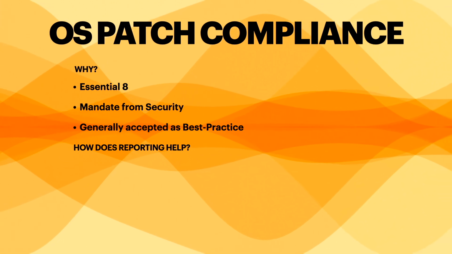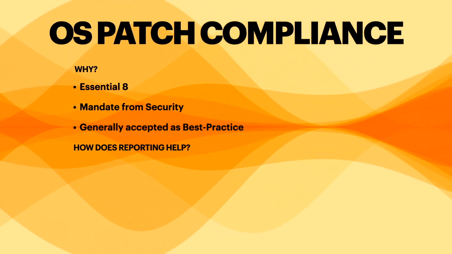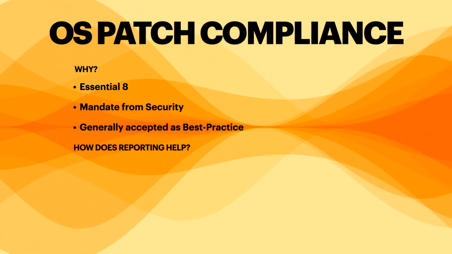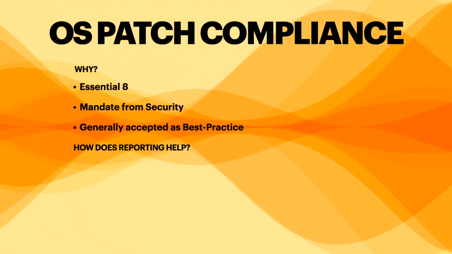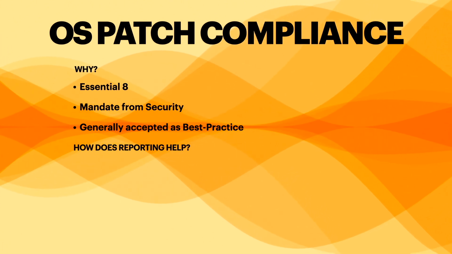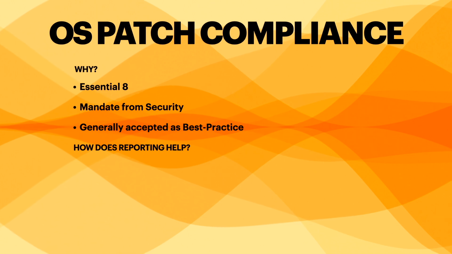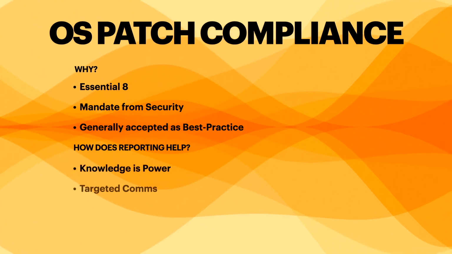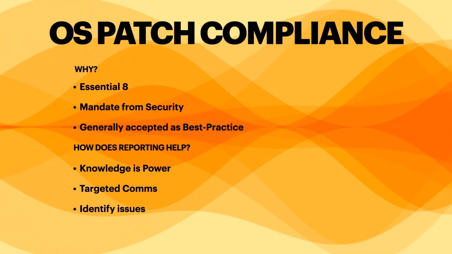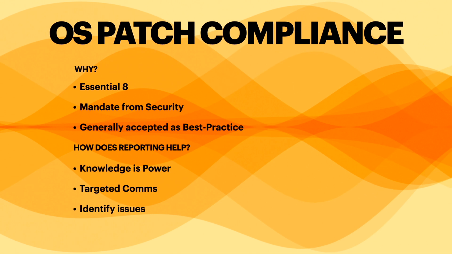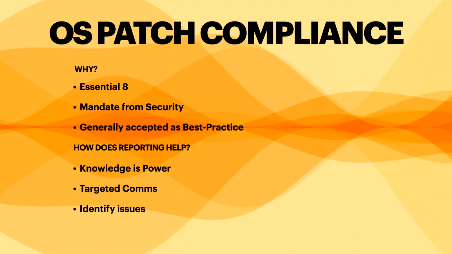And we also run vulnerability scanning on all of our endpoints with central reporting. When those vulnerability tasks get generated, they get assigned to our resolver group in our ServiceNow platform, and I end up with something like 20,000 vulnerabilities every time there's a patch released. So obviously keeping that number down makes my anxiety less pronounced. So patching really helps us to understand that, and knowing the state of our fleet as it is right now really helps us. Obviously knowledge is power, but we can then target our comms out to individual users to say, hey, we noticed your machine's not up to date. Have you actually noticed that we're pushing comms to your machine to actually tell you to install the update or restart, those kinds of things. And it also helps us to identify some